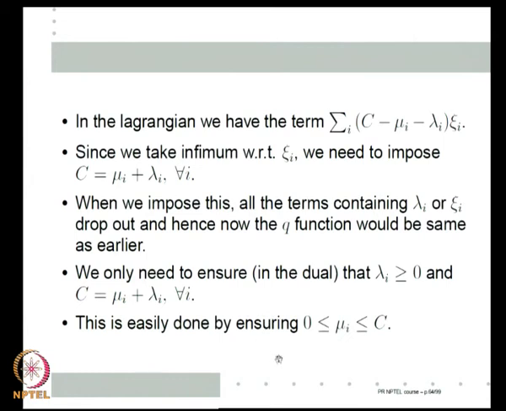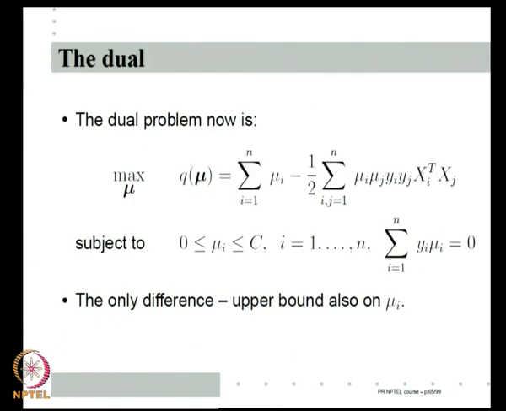Once I impose this condition on mu, I can take C minus mu_i to be lambda_i, because lambda_i does not appear in the cost function and does not affect it. As long as I satisfy the constraints on lambda_i, I am done. So, let us say I solve it only for mu with this constraint, then taking C minus mu_i to be lambda_i, I have satisfied lambda_i greater than or equal to 0 as well as mu_i plus lambda_i equal to C. Which means my dual now will be exactly the same as the old dual, the cost function and all the old constraints will be there. Earlier I had only mu_i greater than or equal to 0, now I have mu_i less than or equal to C also. So, the only difference is an upper bound. Right, this is very nice.